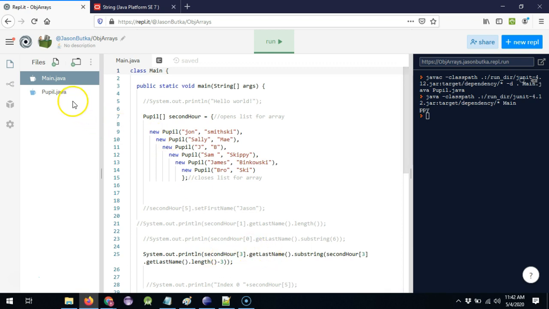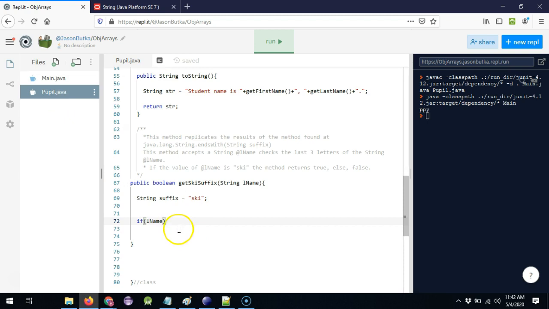word for word, almost, but not quite, because the second hour array doesn't exist in Pupil. It only exists in main. So a lot of that thought that we put into it will definitely apply here. So if the LName dot substring, so again, we're getting the substring of the last name, dot, not comma. So if the substring of that name, and then what we're going to do is we're going to do it